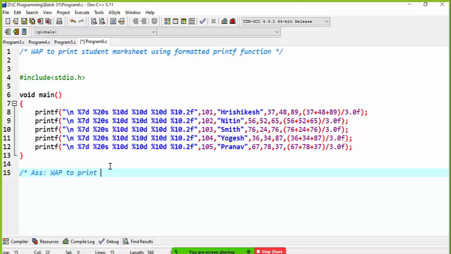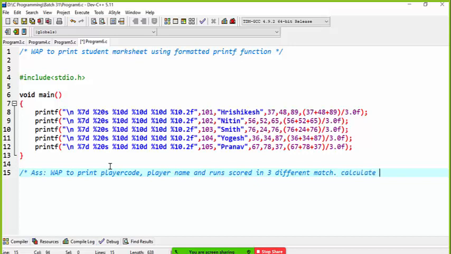Write a program to print player code, player name, and runs scored in three different matches.